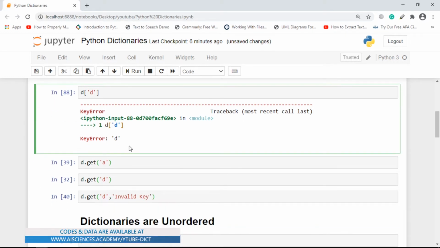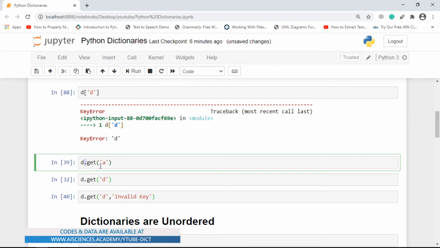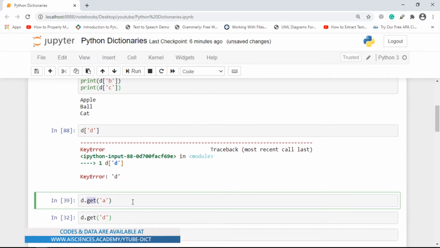To avoid the exception, to avoid getting the error, we can use the get method. What get does is exactly the same thing as writing, let's say, D of A. The only advantage of using get is that if the particular key is present, it will provide you with its value.